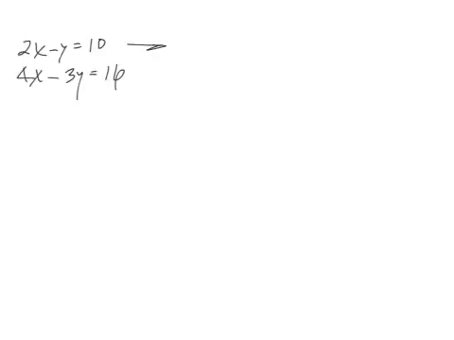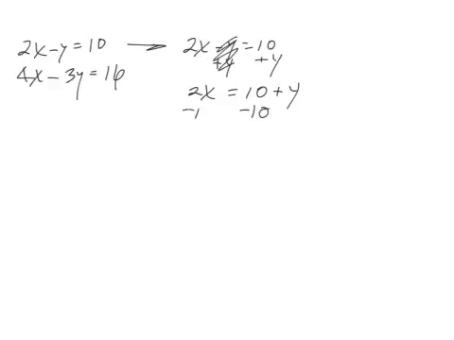So I am going to, well, let's just go ahead and rewrite it. I'm trying to get that y by itself. So because it's negative y and I want it to be positive, I'm going to add my y to both sides, and then that gets rid of this one, and it gives me 10 plus y. Okay, now I'm going to get rid of the 10 by subtracting 10 from both sides, and I get